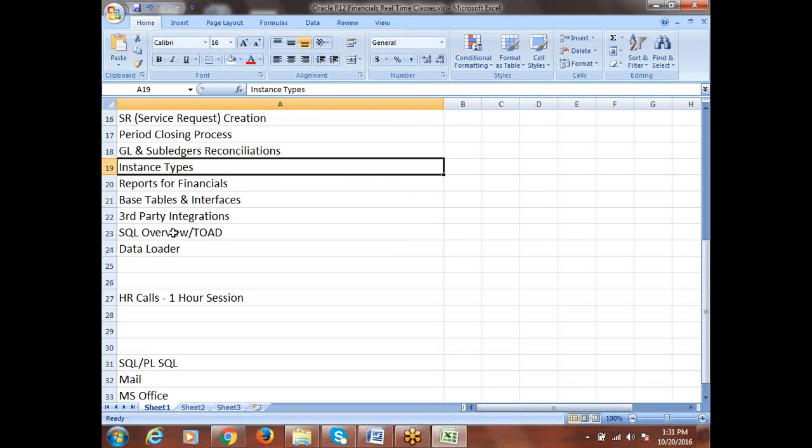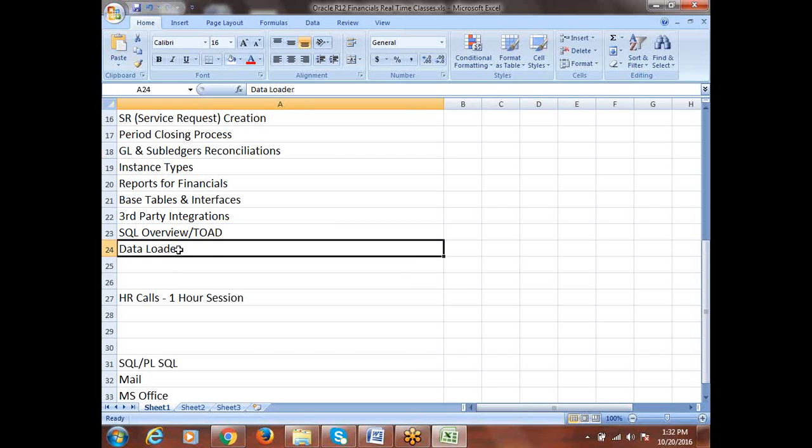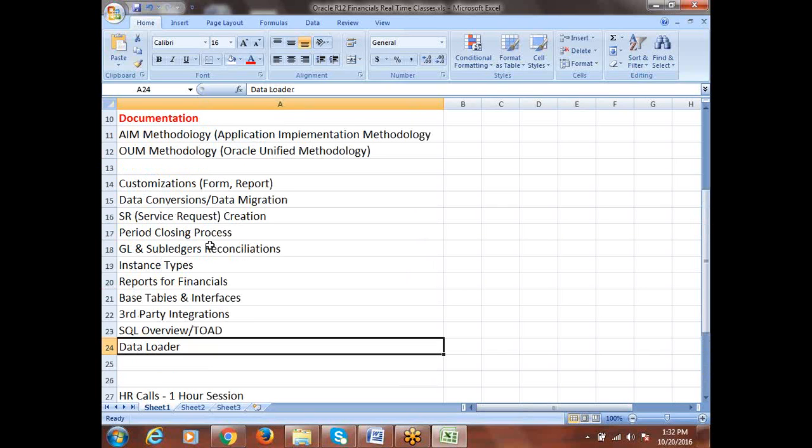In that case, in 3 instances, 3 times I have to enter, right? Instead of doing that, one time I'll enter in the data loader templates. You can load into 1000 instances. That's how we can simplify the work that we'll discuss and do in the system. We'll do how to load the data through the data loader. Any other expectation you may add tomorrow or day after tomorrow, anytime, no issues, we'll be covering.